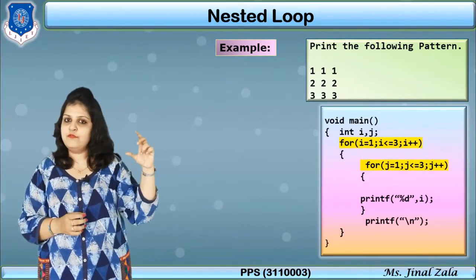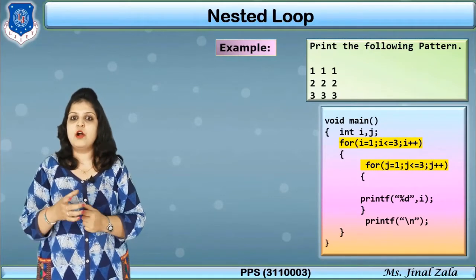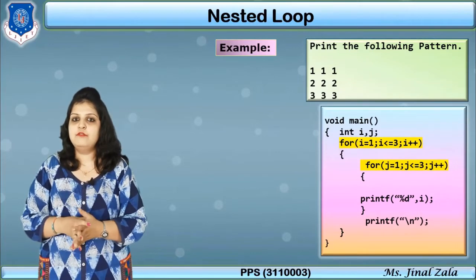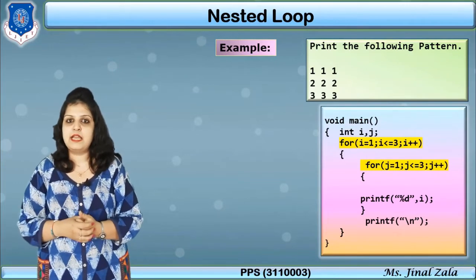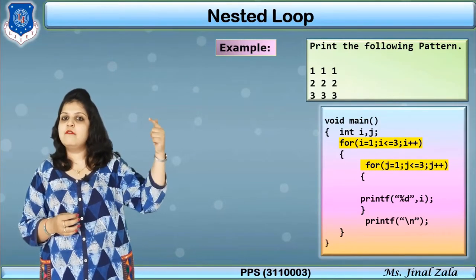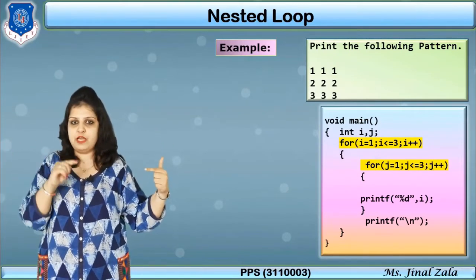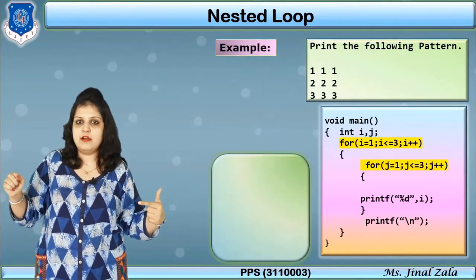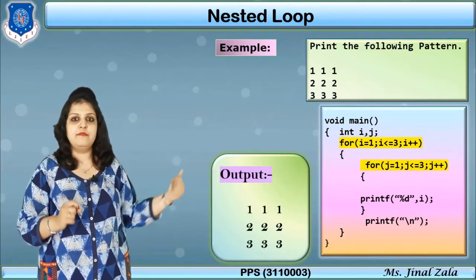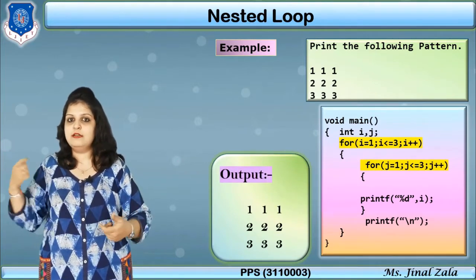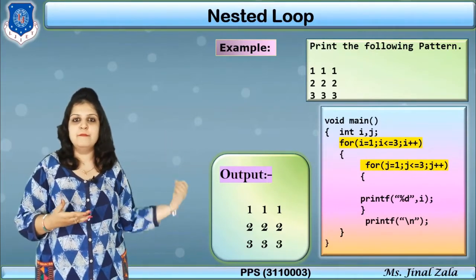So the range of the loop will be the same for this program, only we have to change the body part. For this pattern we have to simply change the star, and instead of the star we can write the value of I, because when our I is 1 we have to print 1 1 1. When our I becomes 2 we have to print 2 2 2, and when our I becomes 3 we have to print 3 3 3. So here in printf we can write %d, comma, the value of I. So we will get the new pattern, that is in number form.